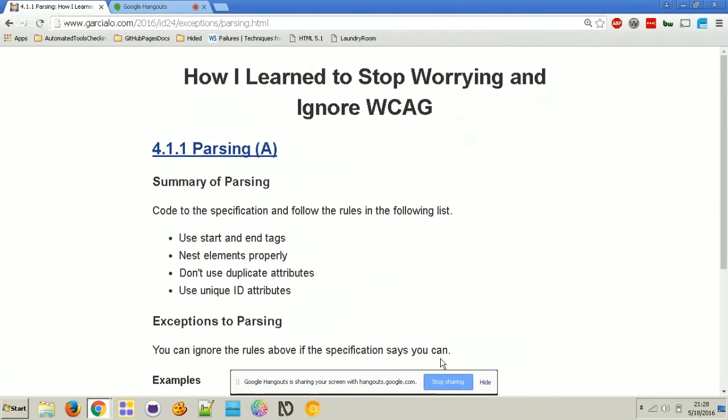HTML tags usually have start tags and end tags. In previous iterations of other HTML specs, or XHTML specs, you need to explicitly always have your start tags and your end tags. So here it says use both starting and end tags. Nesting elements properly, right? It just makes sense that when we have certain constructs, they need to fit in a certain way, and if everybody does them in the same way, then that'll work for everybody. The AT vendors and any programs that are made specifically for understanding HTML will know what to expect from the constructs that are created if everything is nested properly according to the specification. Not using duplicate attributes.